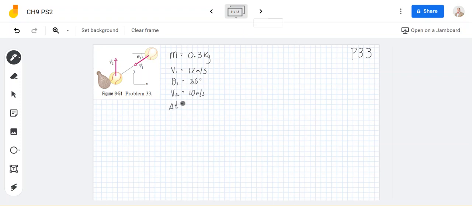And this all happens in a time of 2 milliseconds, so 0.002 seconds. What are the magnitude and direction, relative to the positive direction of the x-axis, of the impulse on the ball from the bat? Okay, so we're going to use the same idea we did last time, where our understanding is that